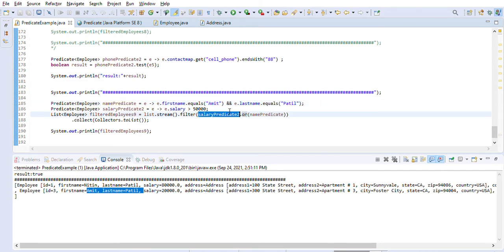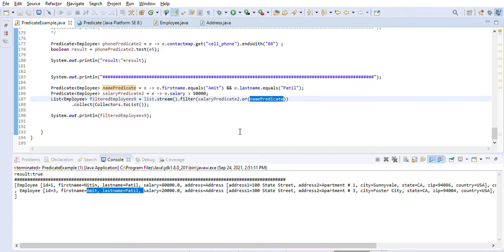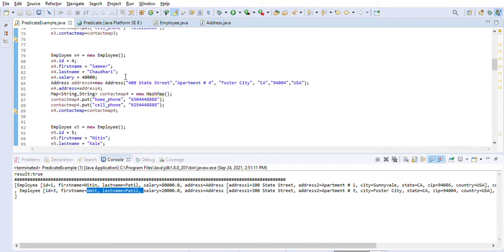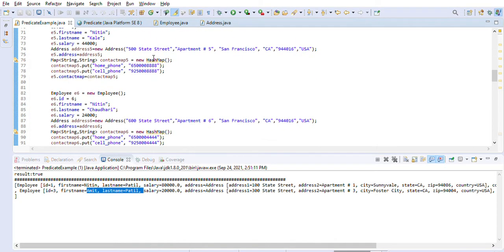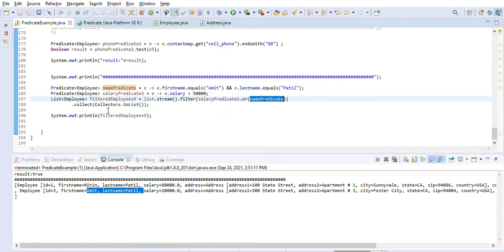So either this predicate is true or this predicate is true. So in both of the cases, if anything is true, then it will be true and it will be filtered in the list basically. So this is the way we can use the predicates. So I just demonstrated to you quickly by creating a list of predicates, and we created different types of predicates, starting with a simple predicate, and we tried also a couple of complicated predicates.